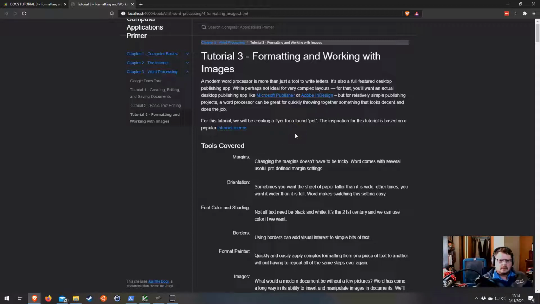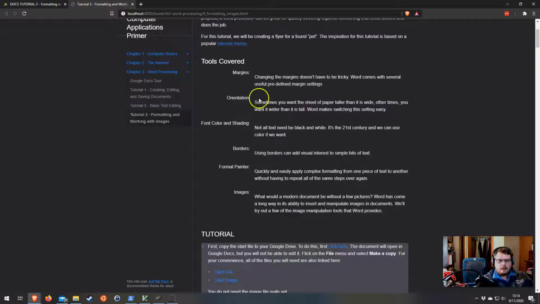Google Docs isn't the most full-featured desktop publishing app. It's certainly missing some features that Microsoft Word does, and even Microsoft Word can't hold a candle to Microsoft Publisher or Adobe InDesign. That said, Google Docs does have some pretty strong capabilities for making simple desktop publishing projects. To that end, we're going to learn how to change margins, flip the orientation, mess around